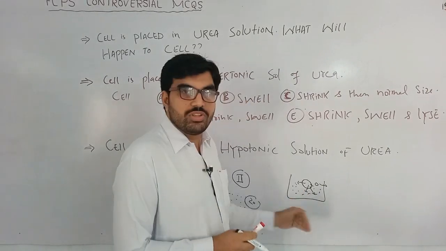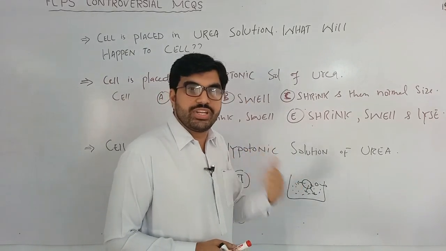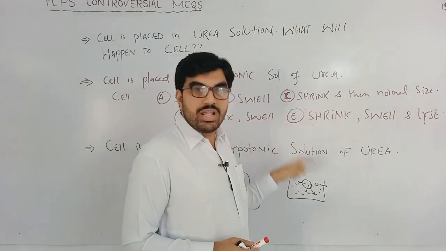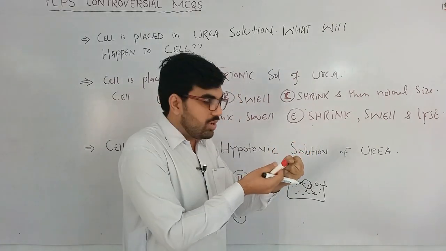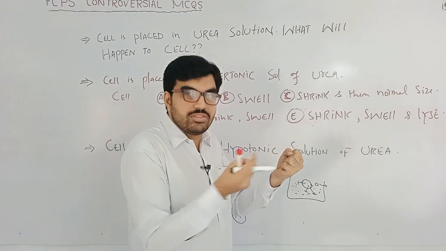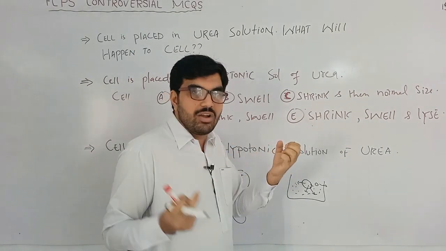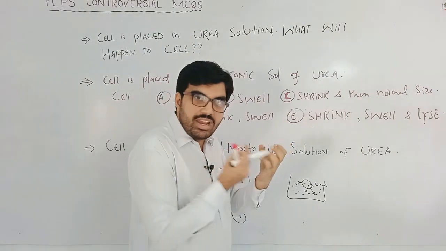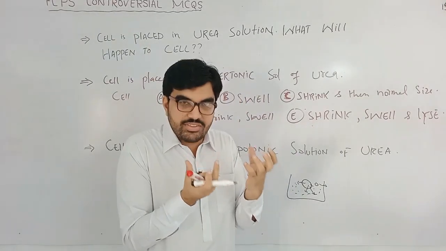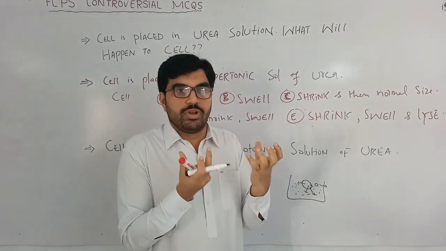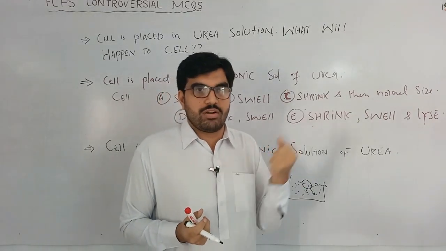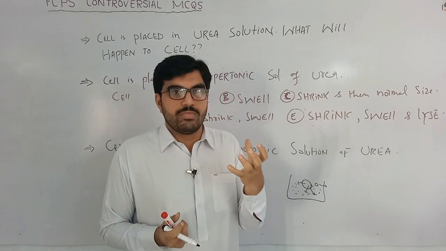So the urea molecules enter into the cell, and the concentration of the solution is decreasing with time. Initially it was hypertonic, so the cell shrank because all the water was drawn from it. Now the urea molecules freely cross the semi-permeable membrane and enter into the cell. The tonicity of intracellular fluid is equalizing to the tonicity of the extracellular fluid. The urea molecules go inside, they will draw water, and the cell will become normal in